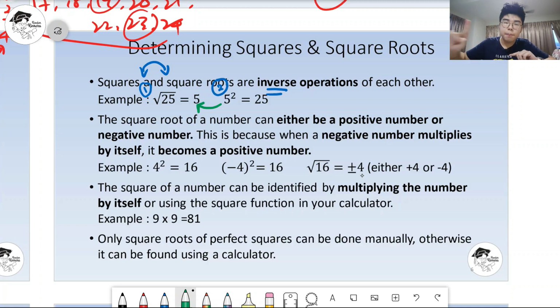And when you take the jawapan which is 25, you do a square root, you akan balik sampai 5 sekali lagi. You will go back again to number 5. Sebab untuk mendapatkan nombor 25, you gandakan nombor 5 2 kali. Kan? Untuk dapatkan nombor 25, you dah darab 5 2 kali. 5 darab 5, 25. Or 5 kuasa 2, 25.